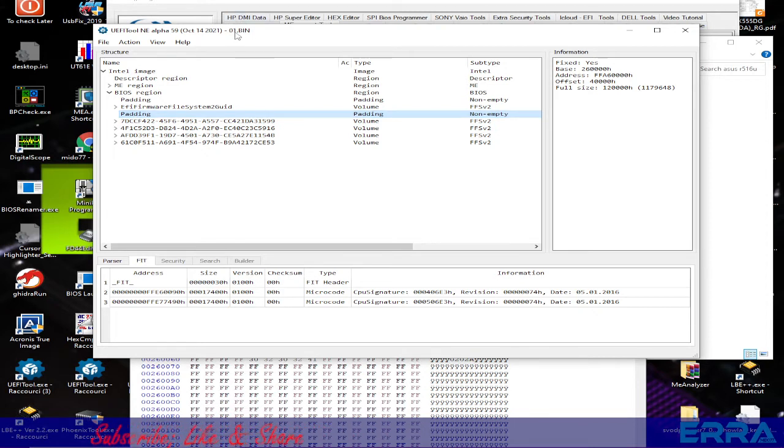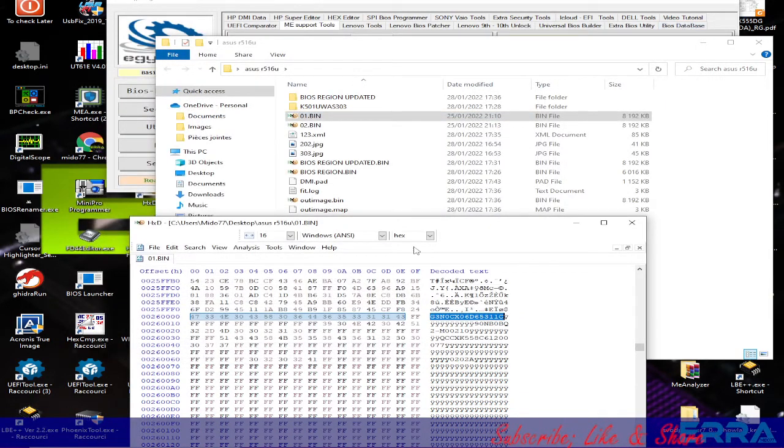If you pay attention here, we have 01, so it's the dump file, and we have extracted the second padding in the BIOS region, which contains the DME info. So let's close this,